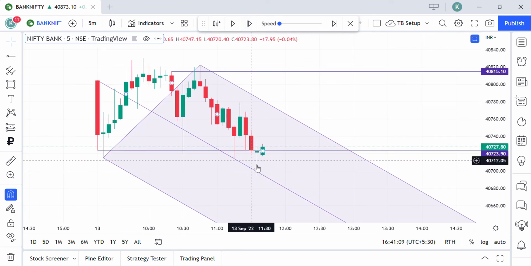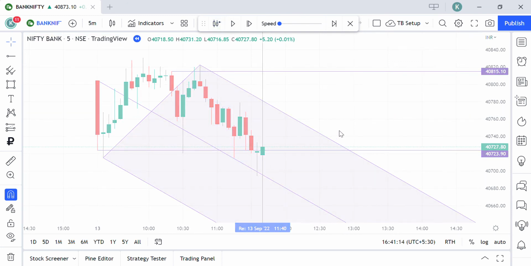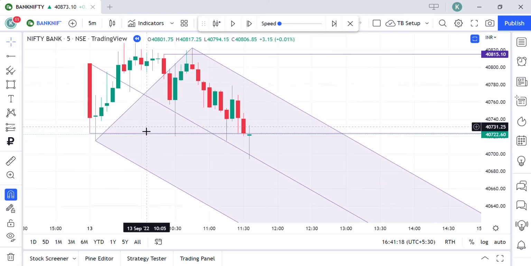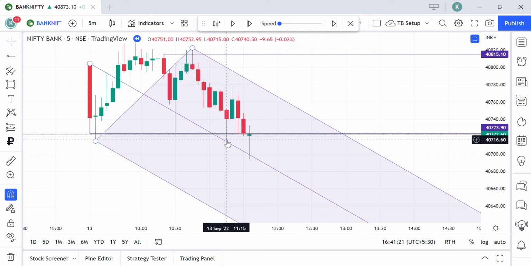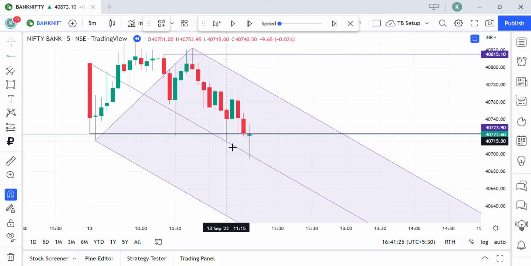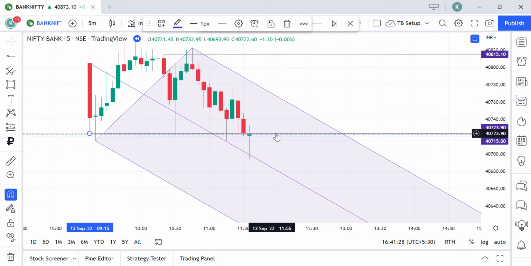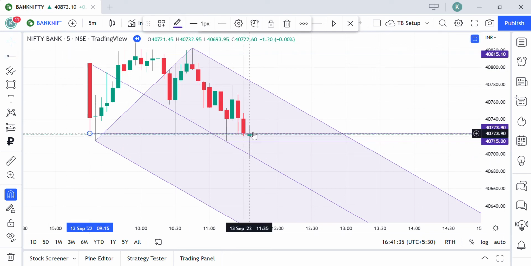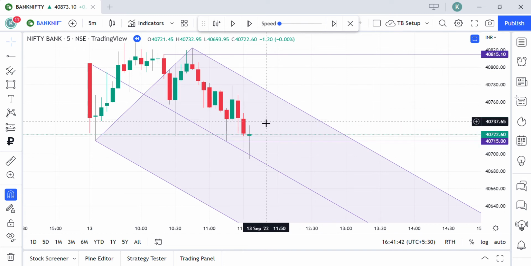Price made another move like this and did not close again. So this should be called another leg of manipulation, because price has never closed below this level, but again it's respecting this midline of the pitchfork. This time the target is this low, the low that they have poked but did not close. None of these lines have closed. Even the first line, if you see now, is not closed with a lot of volume. So that gives us an idea that yes, the market is going to be manipulated at this level.